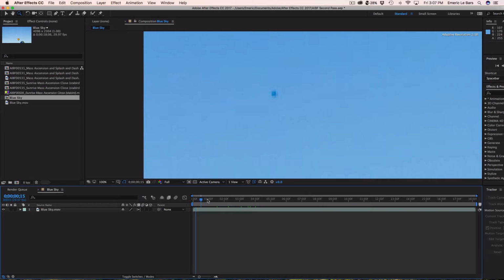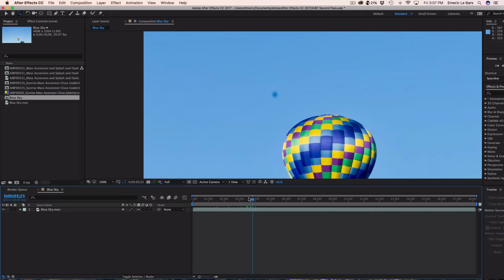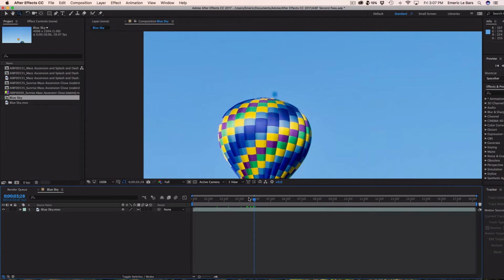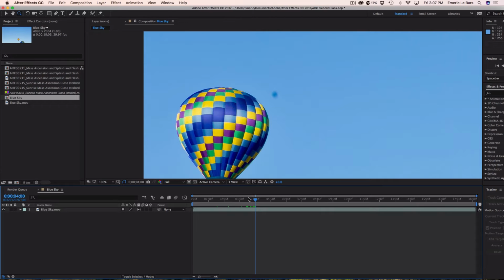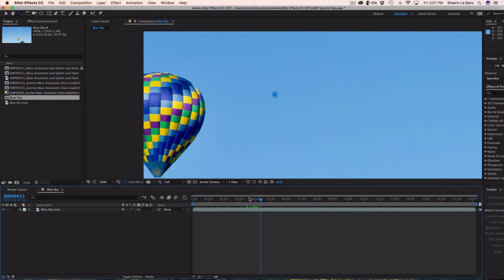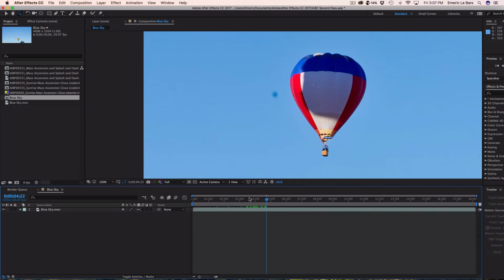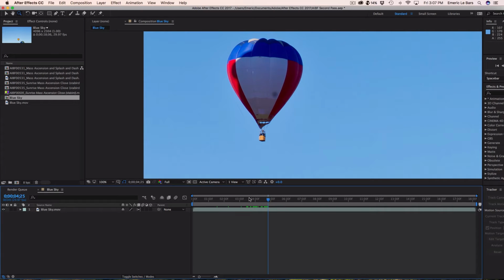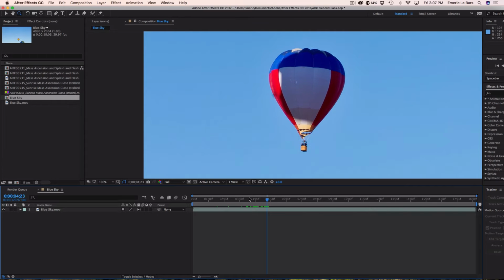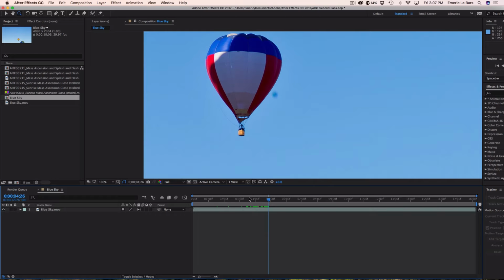For the first few seconds, you can see there are no air balloons flying in front of it. This one is pretty close, a few pixels close, and there's one flying right by it. This one here is still on the blue sky, so it's pretty good. But there is one a few seconds later here. This one is the first one actually passing right over it. So you can see you have 3 frames that actually need to be modified to make this